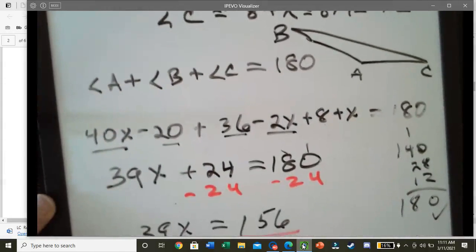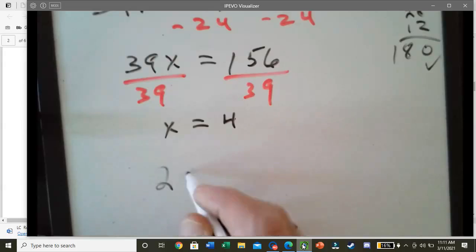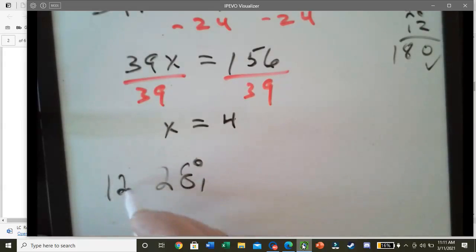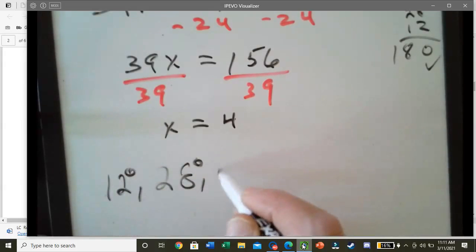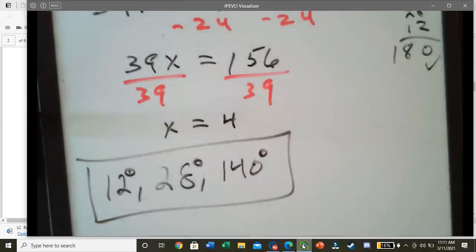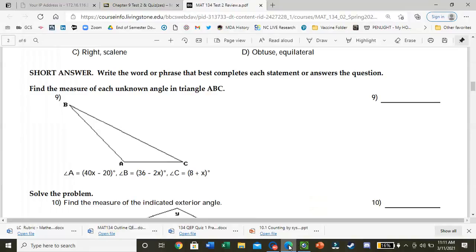Okay, so our answers here are 12 degrees, 28 degrees, and 140 degrees. And so all three of those together is the answer. Okay, questions with number 9? Okay, so